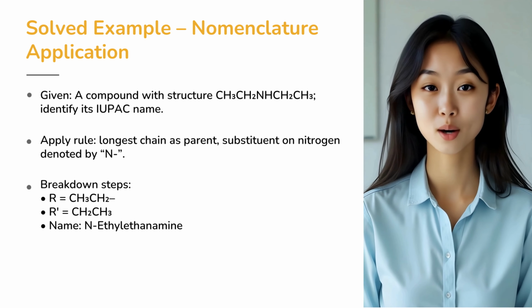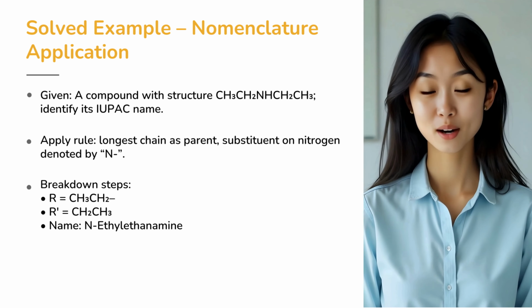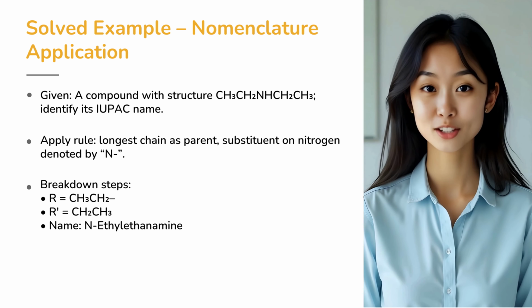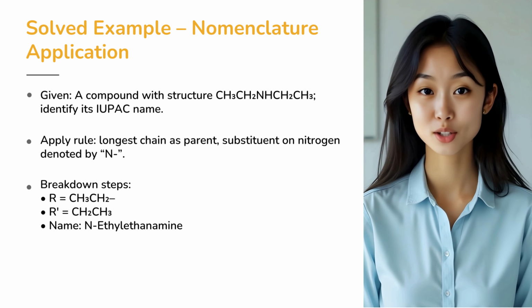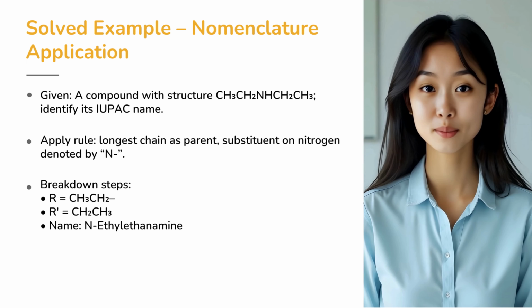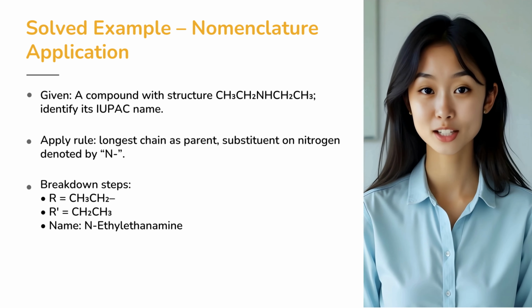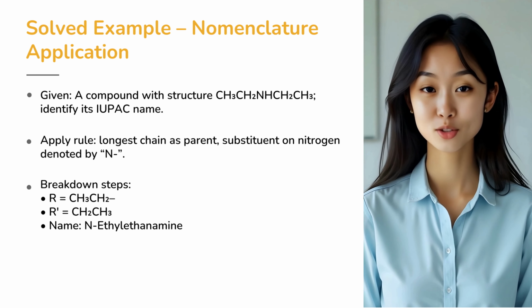Suppose we have a compound with the structure CH3CH2NHCH2CH3. Our task: find its correct IUPAC name. Step 1. Identify the longest carbon chain attached directly to nitrogen, that's the parent chain. Here, that's CH3CH2, an ethyl group. The other carbon-containing group attached to nitrogen is CH2CH3, another ethyl group, but since it's attached via nitrogen, we call